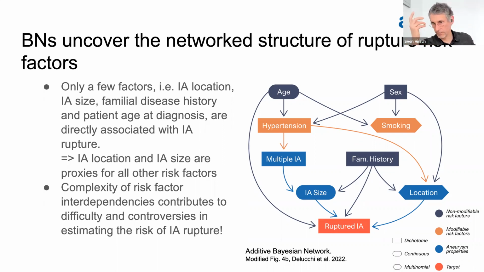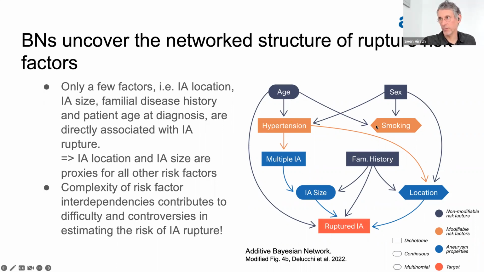And what we see is that in this model only two factors actually directly influence the rupture, and that is the location, which I've told you before. That's a very important one. And here we have size. And size, we've learned before, would probably be a proxy for irregularity. So if you would have irregularity in, which we don't have yet, then this would be basically in between. Also, we see this staging basically of these risk factors.